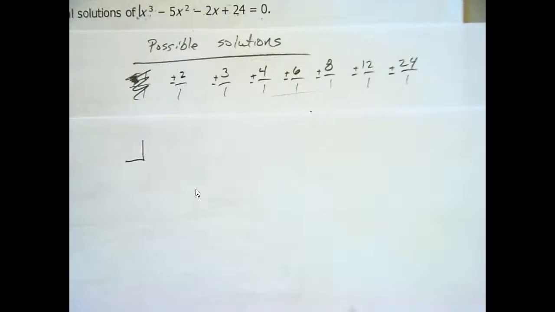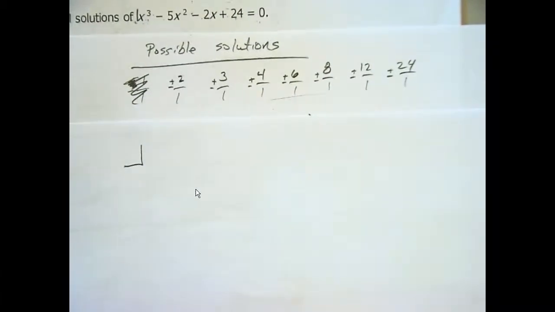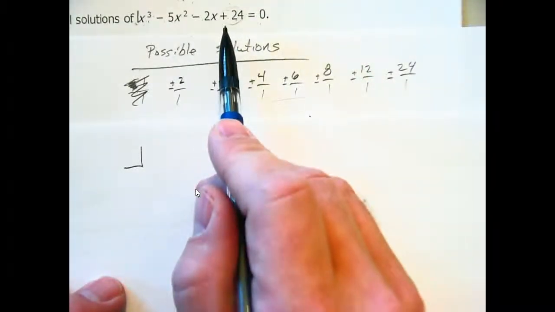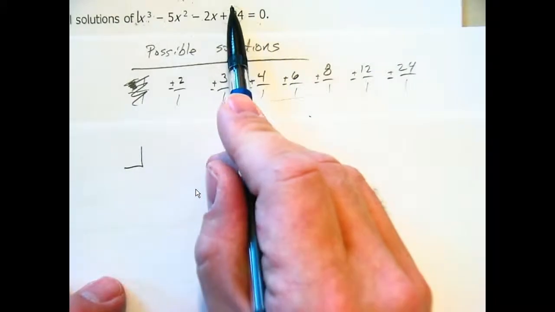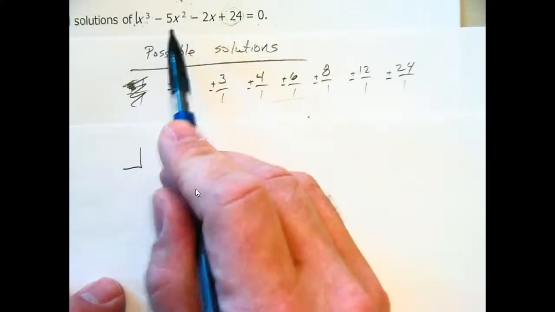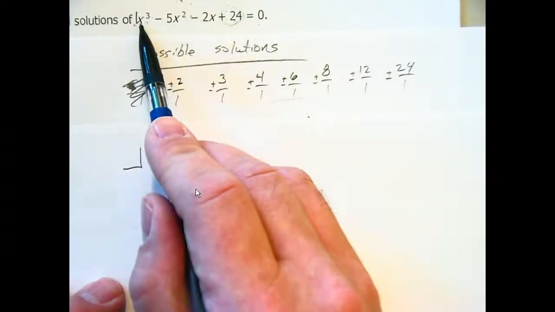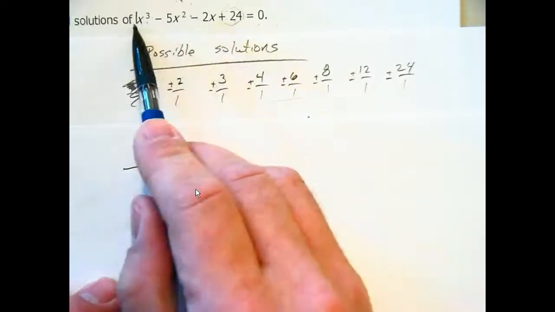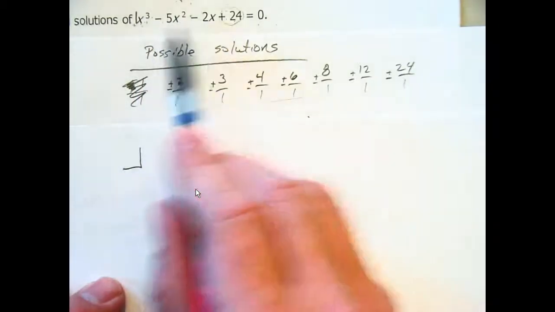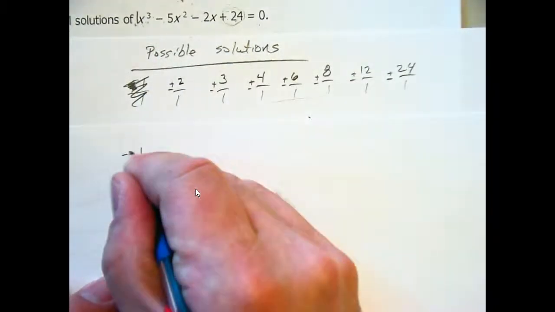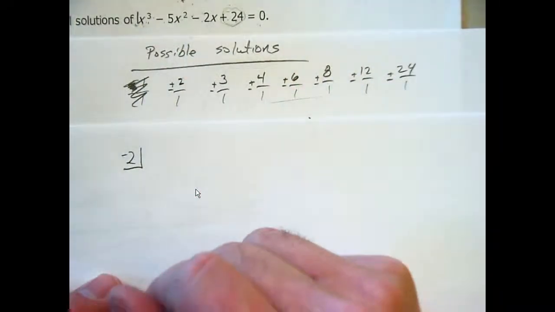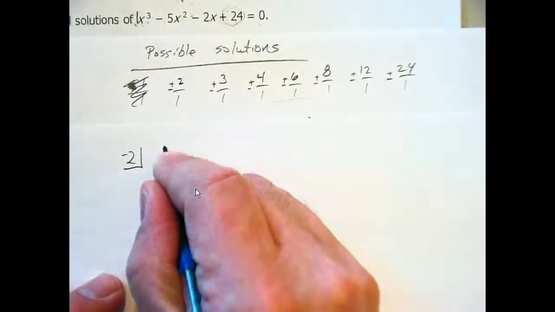And you guys, the reason I like to test my negatives first when I'm dealing with a positive coefficient. Does everyone understand why? In this case, it's because when I have a negative, I want some negatives over here. And when I cube a negative, what do I get? A negative. So if you start thinking about it, you're like, well, probably need a negative number. Some of you may not get to that point, but I'm at that point where I'm like, dude, I think I want a negative, so I'm going to test my negative before my positive. Okay, so this gives me,